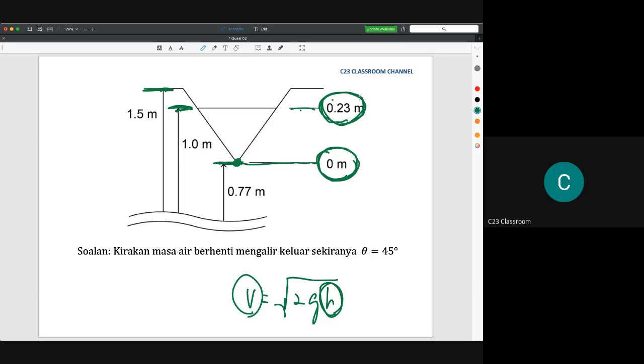The second reason is that we reflect the real energy of the water. If you take this height as 1 meter, you could find the velocity of this